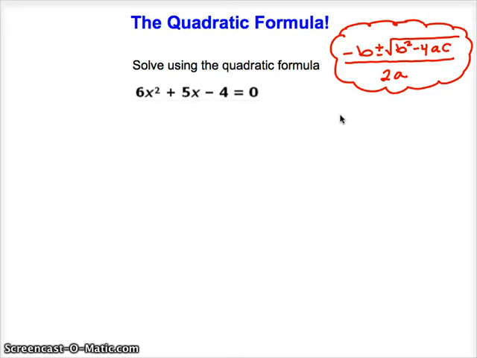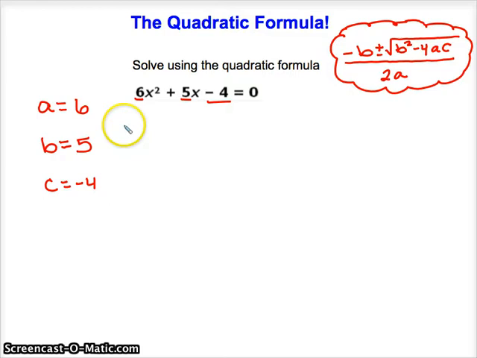The first step to solving the quadratic is to identify a, b, and c. In this problem, a is equal to 6, b is equal to 5, and c is equal to negative 4. Now I need to plug in my values. So x equals